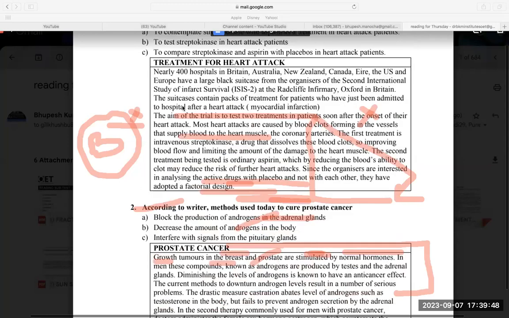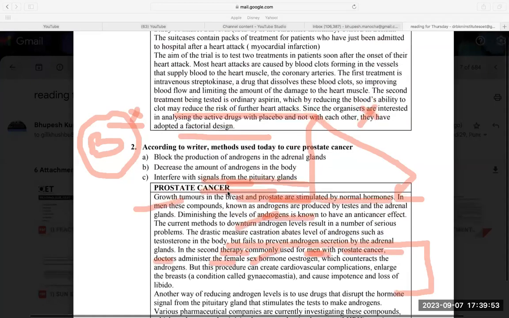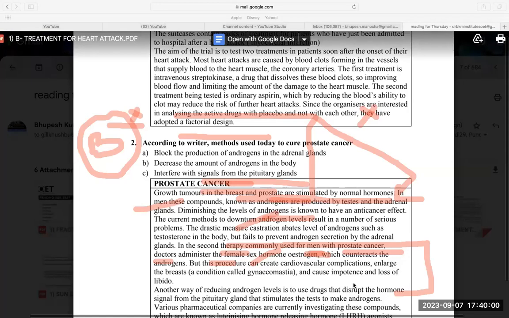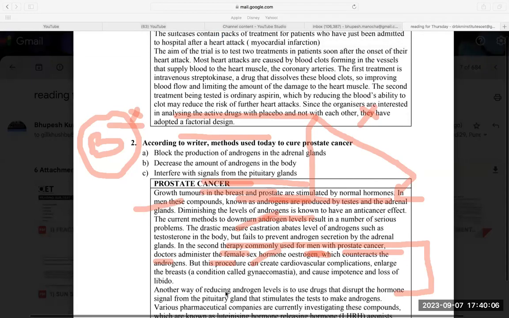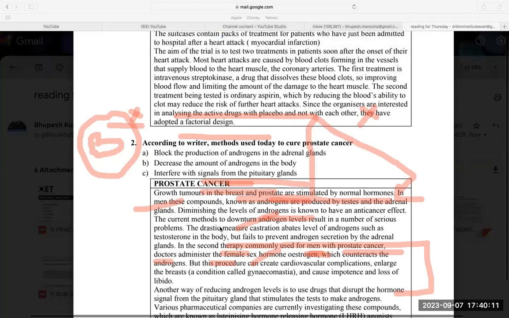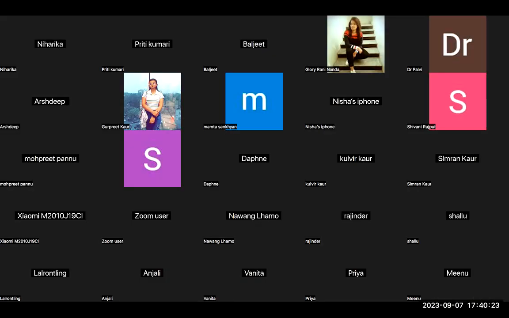Like in the first question, I was more sure about the answer, but second, I'm not quite sure, but it should be B as per me, because drug word is missing, and interfere with the signal and disrupt the signal can be same or opposite, but again that is only the third method, and in this current method is not said. So if I have to take the chance, I will go with B, because B covers all the aspects, even the castration, even the estrogen, because all the three methods are trying to reduce androgens in the body. So I would go with B, but again, I cannot be sure about this. So this is how you do reading in your exam.